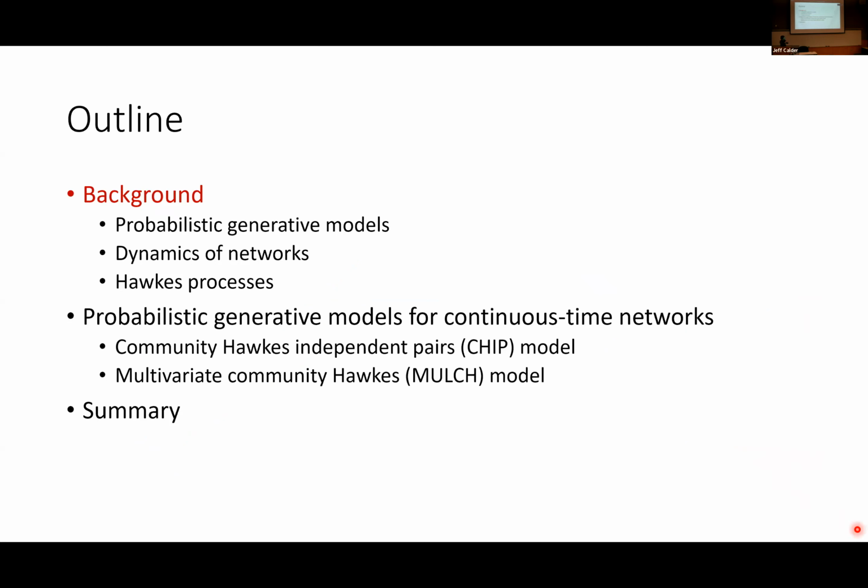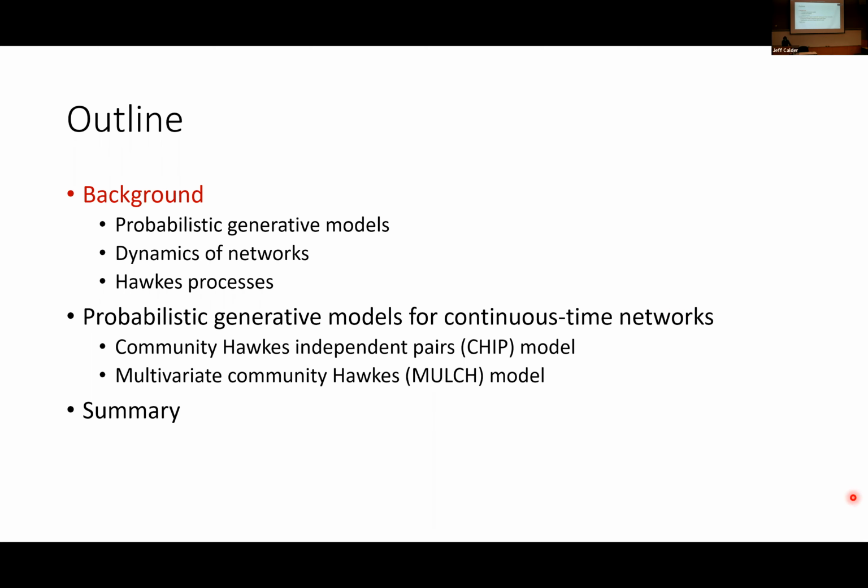So here's an outline for my talk today. I'll start off by giving some background information, both the overarching goal of my research here and some fundamental building blocks that we use to build these probabilistic generative models for dynamic networks, like Hawkes processes. So I'll start off with some background. I'll talk about our contributions here, in particular, two models, the CHIP and the MULCH model, and then I'll conclude